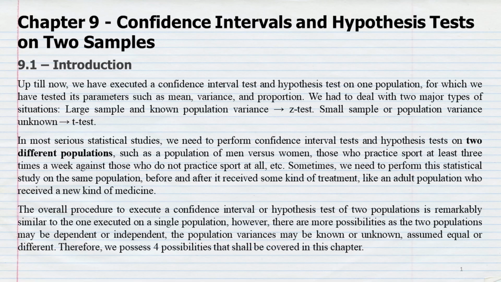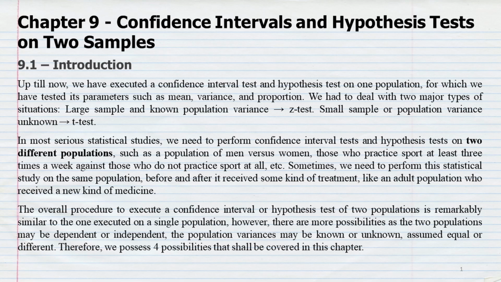We had to deal with two major types of situations: large sample and known population variance, z-test; small sample or population variance unknown, t-test. In most serious statistical studies, we need to perform confidence interval tests and hypothesis tests on